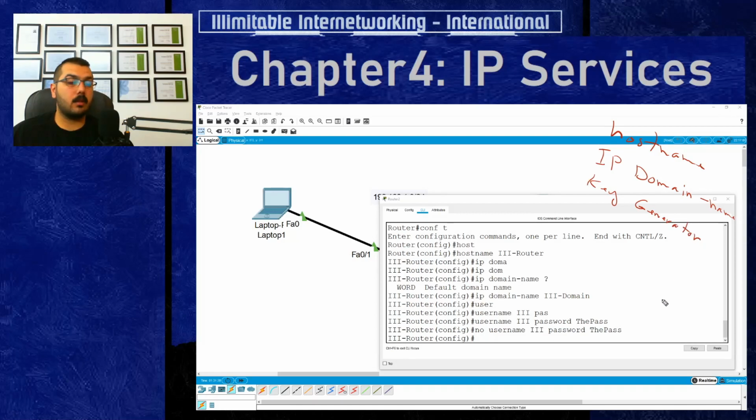For the SSH to encrypt the traffic between the two devices and also to enable SSH. Step number 4. Step number 5 is to enable logging